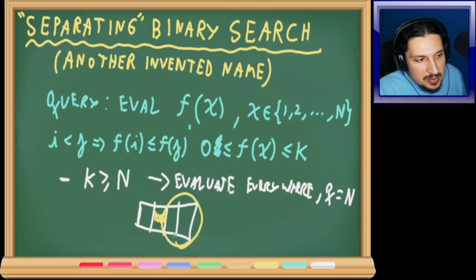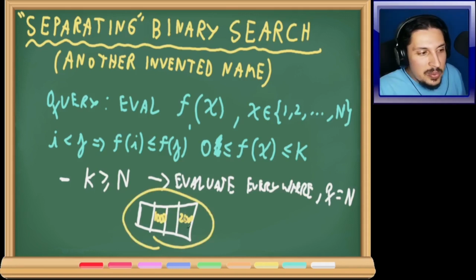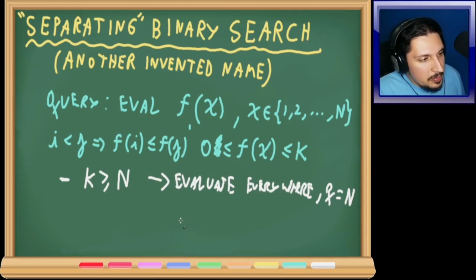And anything I ask on the right will tell me nothing about the first one, so I have to ask about the first one. Okay, I ask and I discover what it is. It doesn't change anything on the right. So now I ask for this one or for this one. It doesn't matter, but if I ask for this one, they might tell me 2000, and it tells me not enough about this one. It might be anything from 1000 to 2000, so I have to ask. And it is very clear with such an extreme example, but you can actually prove, if you want,